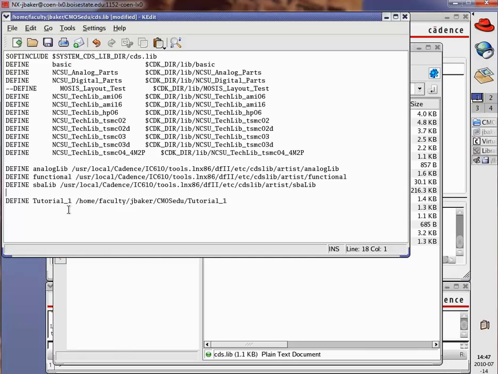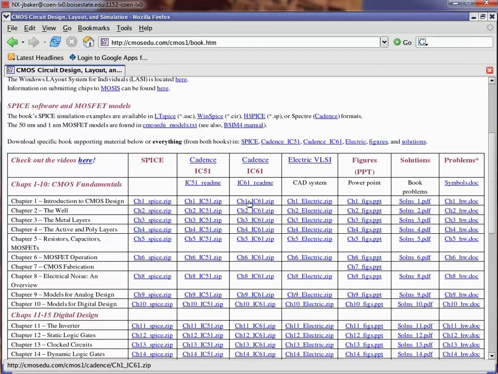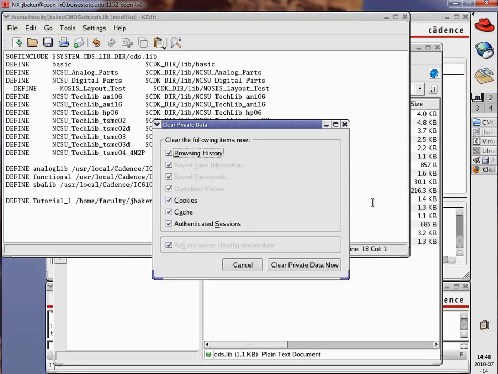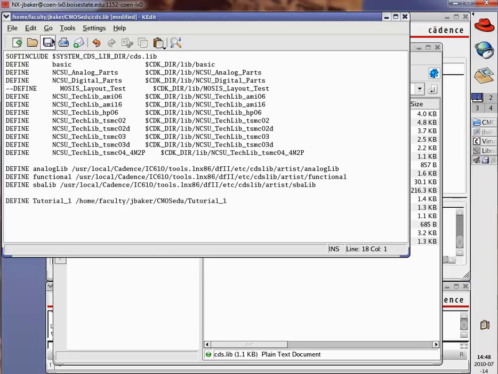If I were to download and run some of the simulations at CMOS EDU, like the Chapter 1 simulations, I'd need to add this definition into the CDS lib, just like it says in the tutorial. So it knows that there's a library in there, and the library manager knows where to find it. So, for example, we can pull one up real quick. If I were to download Chapter 1, we're using version 6.1, this zip, I could unzip these into the CMOS EDU directory, and then all I need to do is add this to the CDS lib. Okay. All right, and then we're good to use those simulations from the book. Okay, so let's hit save, close,